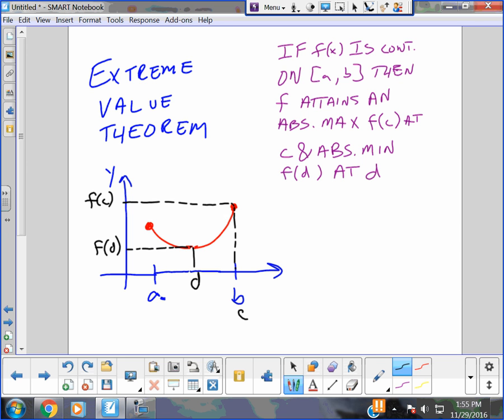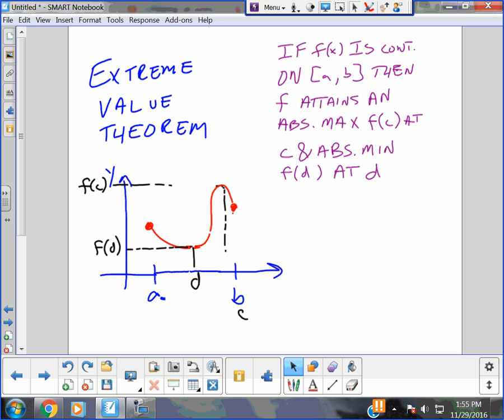Now, I can put this somewhere else, right? You notice this is continuous on a closed interval. And I can move this around. And I can make it at a different spot. Right? And then here's F of C. And now C is not on B anymore. C is right there, right? And again, not a surprise, it could be the endpoints or it could be the points in the middle. One thing we notice about this continuous function,